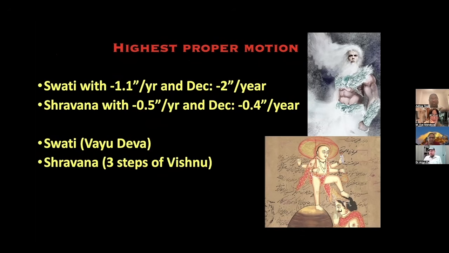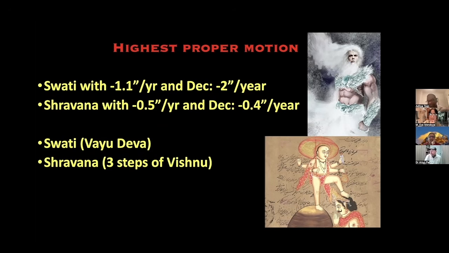Highest proper motion is for Swati. So just to conclude again, Swati and Shravana is again having the highest, so more movement kind of thing in the sky. Correct. Swati, Shravana, right? Yeah. Swati has more of both, you accounted for both the left and right and up and down, correct. I did not show the slide. I was just talking, not showing the table. So that's what I did.